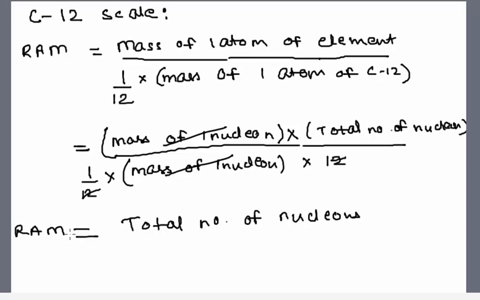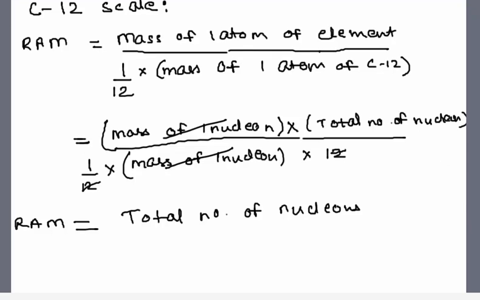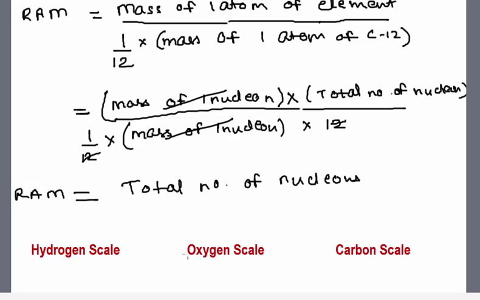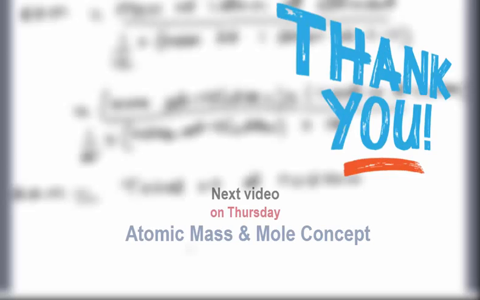You might also be wondering that we can define it on any particular scale, like suppose if we want to define it on the sodium scale, we can write mass of one atom of element upon 1 by 23. But what you need to understand is that these are some of the accepted scales worldwide. Theoretically, we can define it on any scale. However, practically, you will find these three particular scales, that is the hydrogen scale, the oxygen scale and the carbon scale, to be more popular, and presently the accepted scale is the one of carbon. So as we move ahead, we will discuss this particular point, what was the need to change the scales. Thank you.